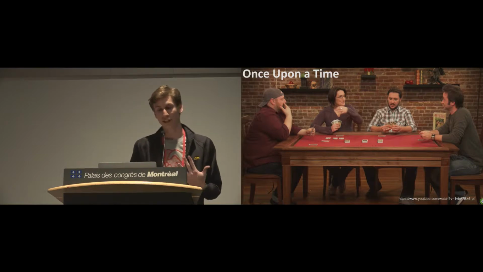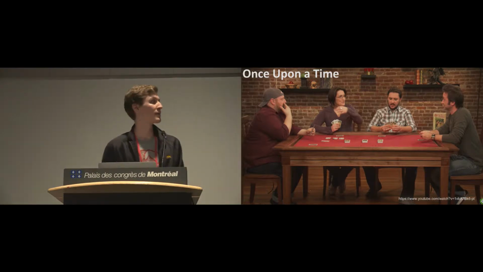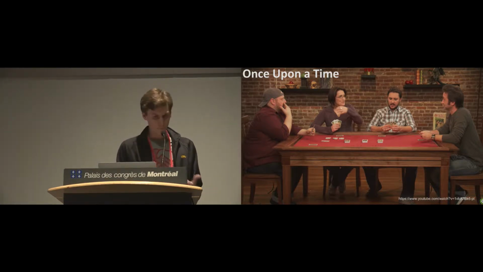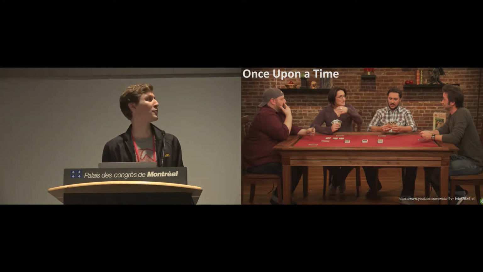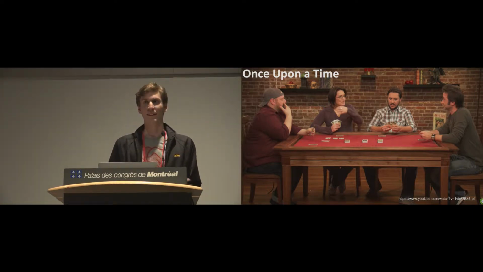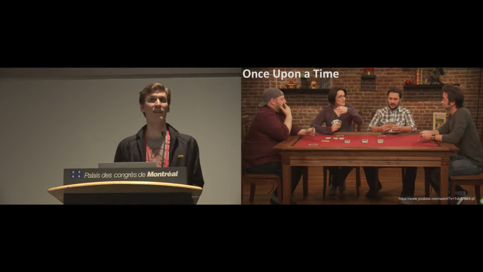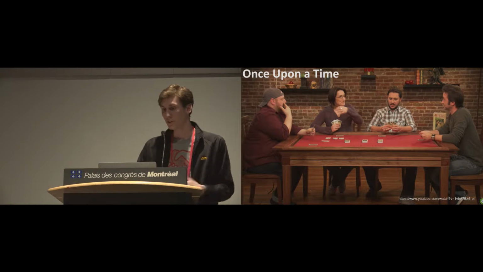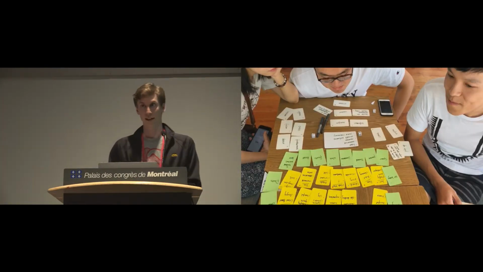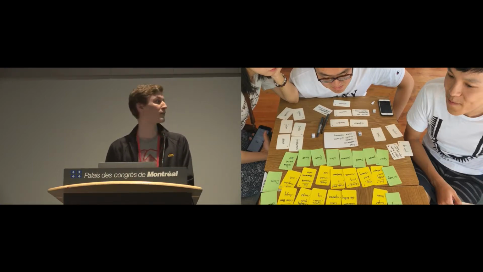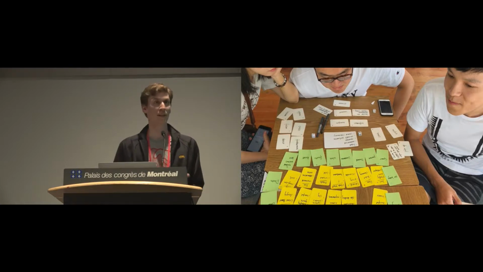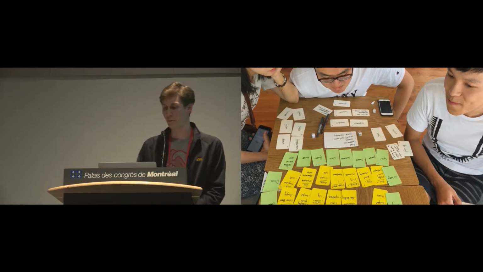So given that challenge, there's another type of game that we looked at, which is more open-ended collaborative narrative games. For example, Once Upon a Time: in this game, players have cards with fairy tale elements on them, and then they take turns collaboratively telling a fairy tale together. So using inspiration from these games, we created our own storytelling game to help students practice creative expression of English. We'll talk about that design process and some of the challenges we identified, and then some design recommendations.